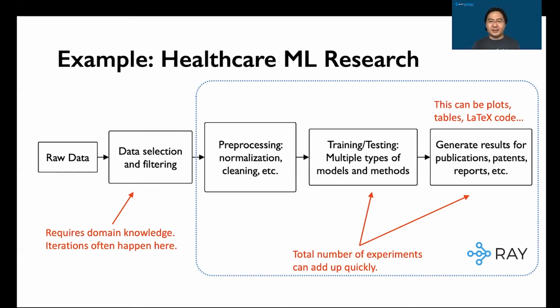But in a research setting, a lot of times you don't only care about the best model. You actually need to reason and do a solid test on the model. For example, different models may require different imputation techniques. And you may add slightly different rules based on your domain knowledge to change that. And as I mentioned, your final result is actually plots, tables, and all these reports and patents you want to generate. It's not really about the model itself, right?